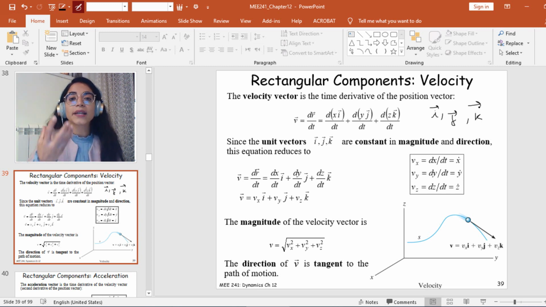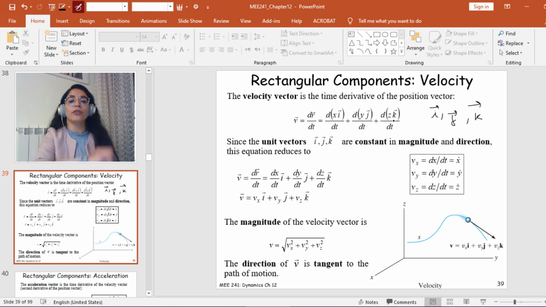What do I mean by constant with respect to time? A vector is constant with respect to time if the magnitude of this vector is not changing with respect to time, as well as its direction. And remember this fact, guys, because I'm going to use it later on, right? So guys, since i, j, k are fixed, are constant with respect to time in magnitude and in direction,